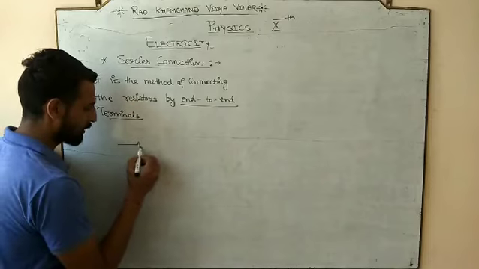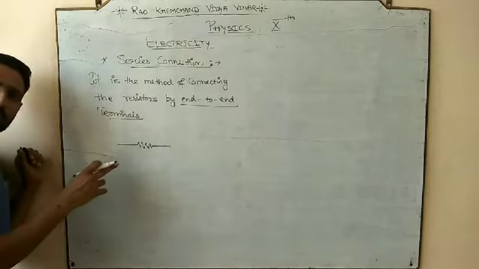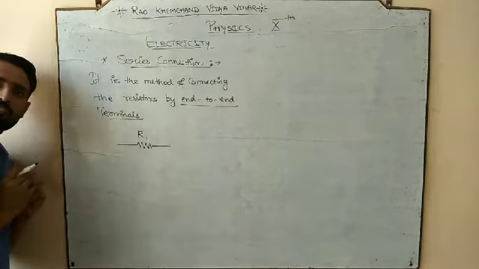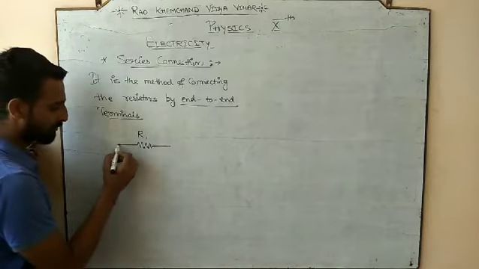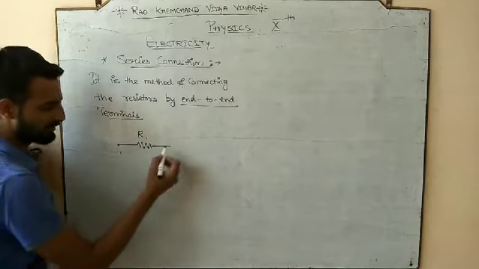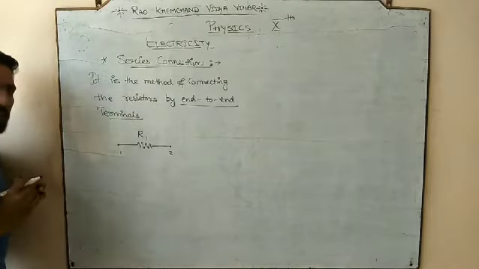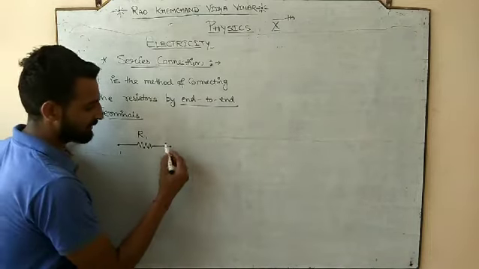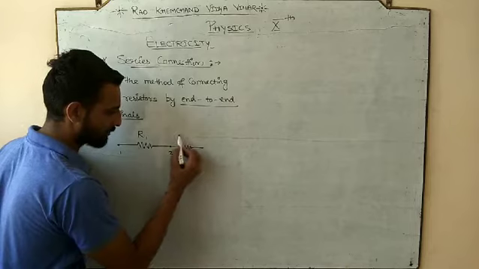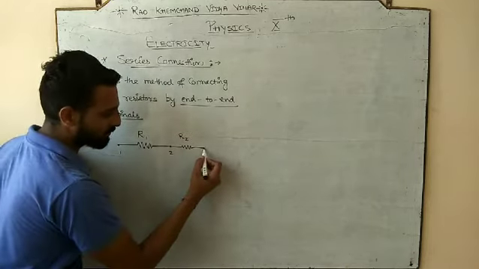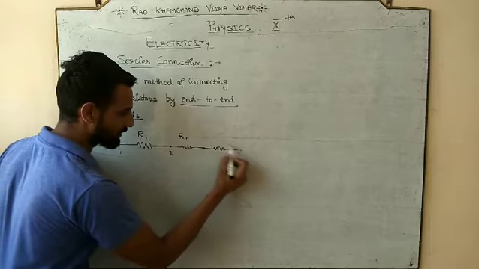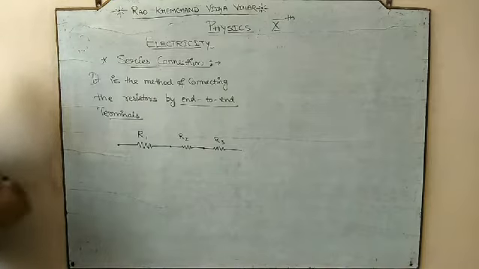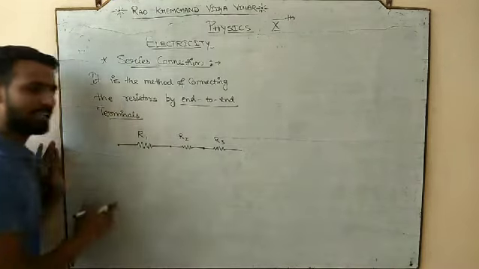Let's suppose we have a first resistor. We know the symbol of the resistor, सब लोग पढ़ चुके हैं. So let's suppose we have a first resistor which offers the resistance R. This is the first terminal of the first resistor, and this is the second terminal. So how are we going to connect? End to end, meaning the end of the first resistor will connect to the starting of the second resistor. The end of the second resistor will connect to the starting of the third resistor.